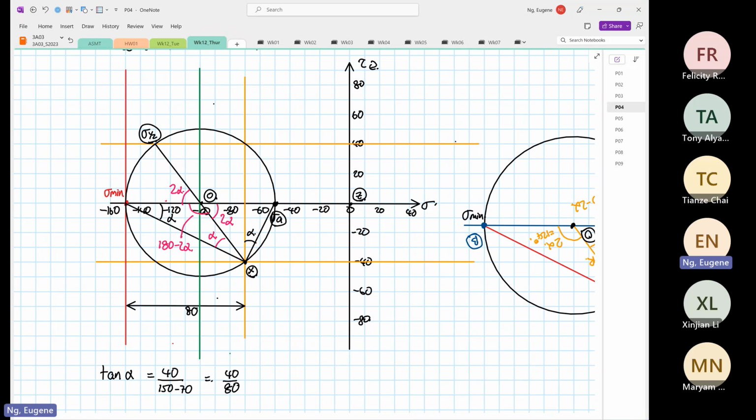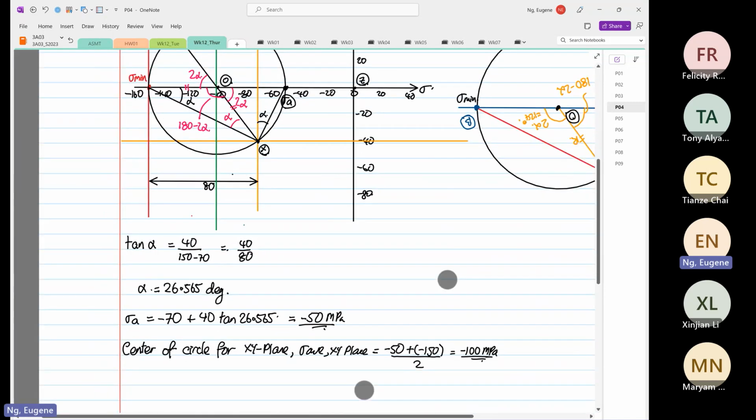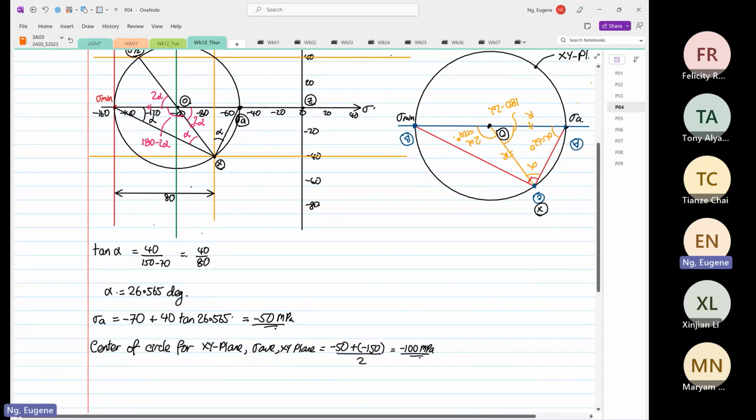Why is that there's alpha? This is because over here and here is an isosceles triangle. Okay. So from here, we can calculate stress Y2, right? So stress Y2